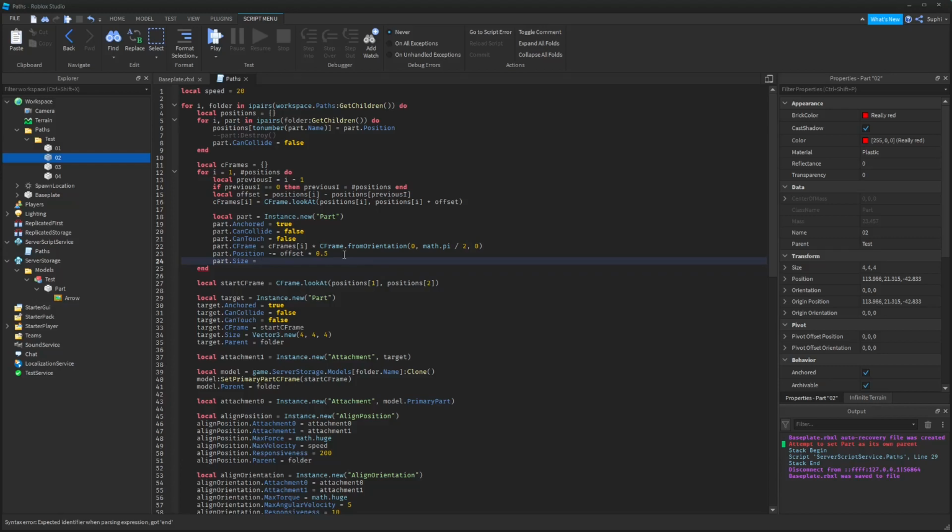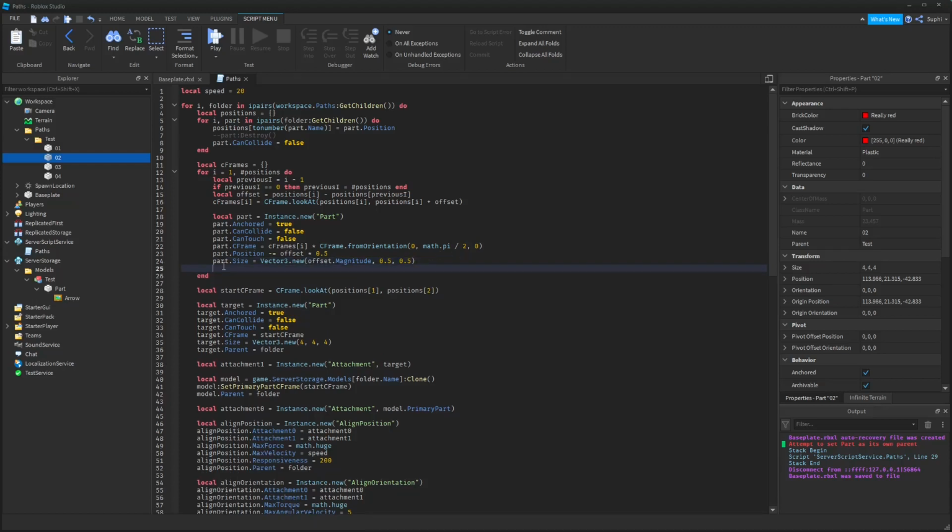Now I'm going to set the size of the part, so part.size equals Vector3.new, and along the x-axis we're going to use the offset magnitude, so offset.magnitude, and for the y and z I'm going to use a size of 0.5. And then I'm going to set the shape, so part.shape equals Enum